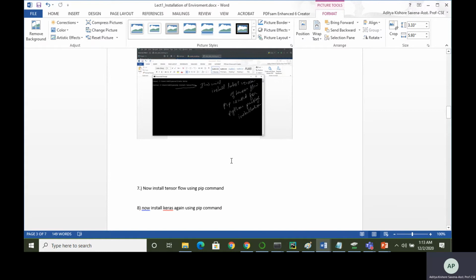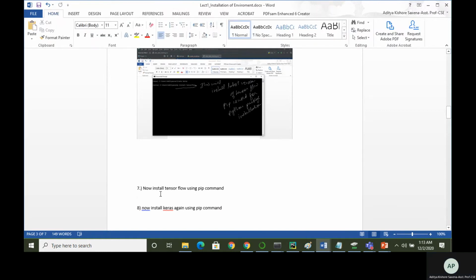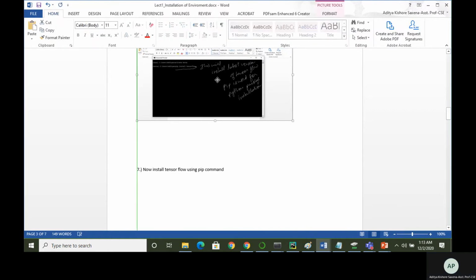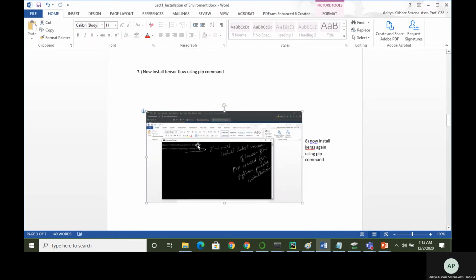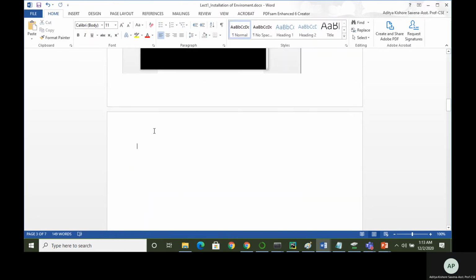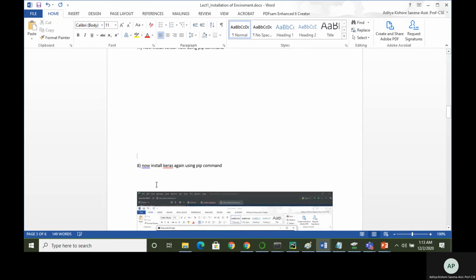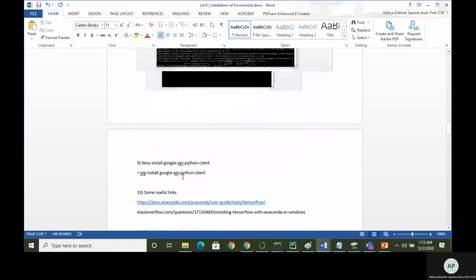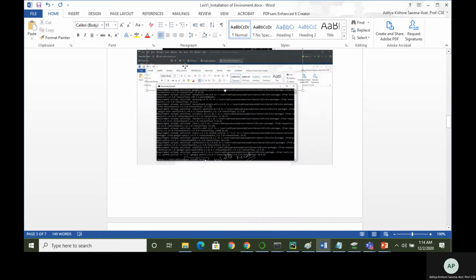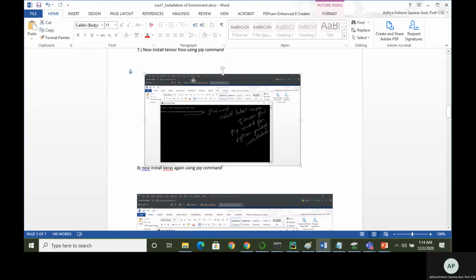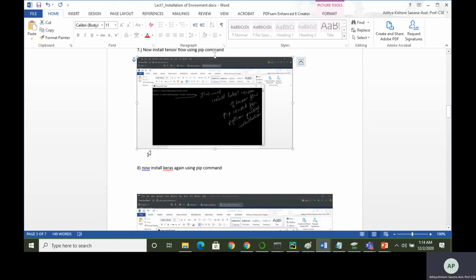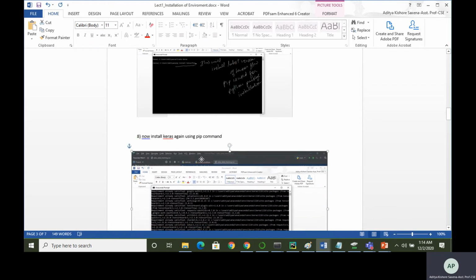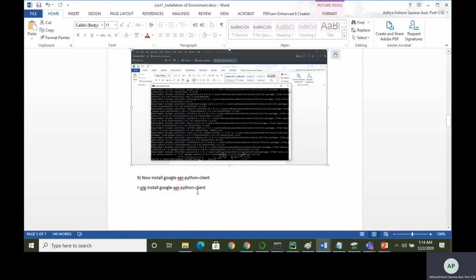Now you will have to install TensorFlow. Same, you have to use the pip command to install TensorFlow. Then you have to simply install Keras using again the pip command.